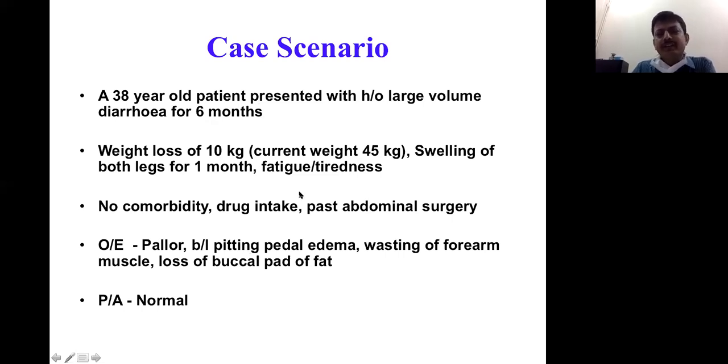But remember that every patient does not have a classical presentation. There is a spectrum from the less severe to the more severe typical form. And in today's lecture,